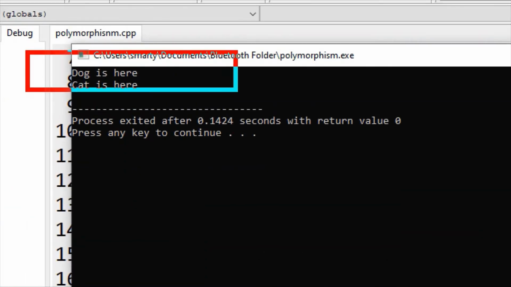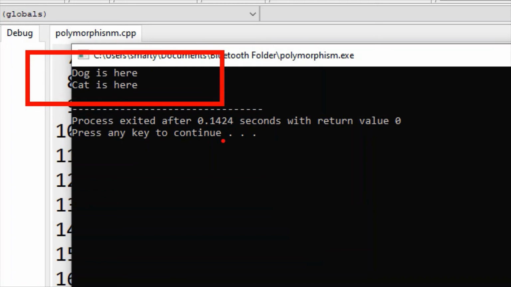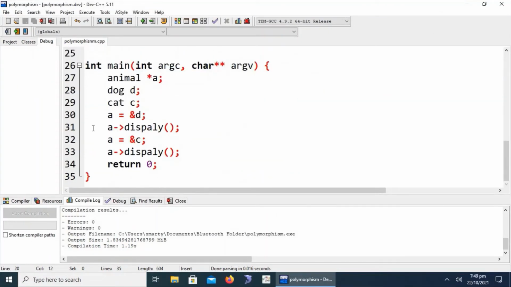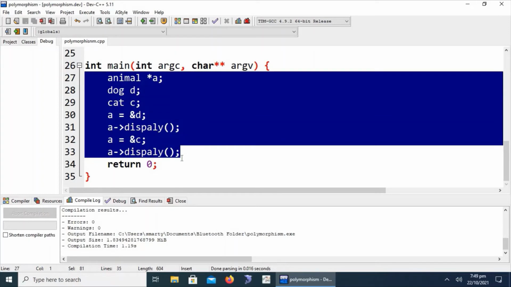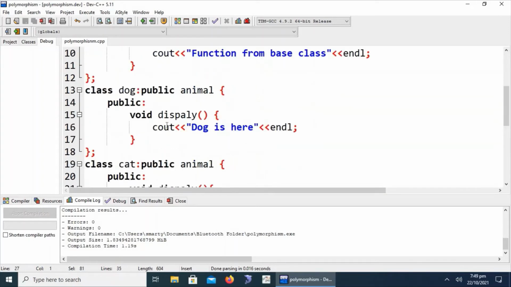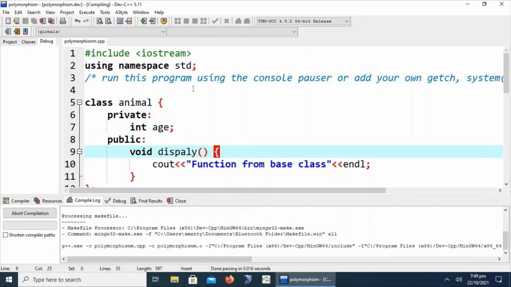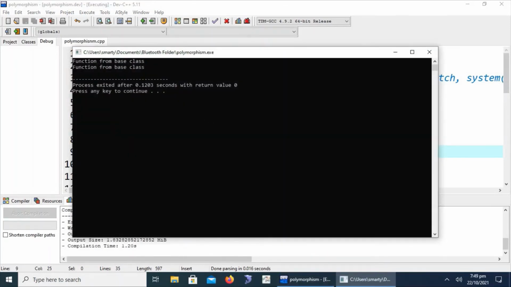Wow, this is an amazing implementation of polymorphism. We can see here dog is here and cat is here. The pointer from the base class is performing different operations and binding differently at runtime, as we have declared the void display function as virtual. If we remove the virtual keyword, the same previous output will be shown here.